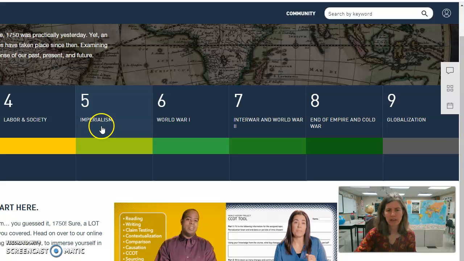This Friday you're going to be writing about imperialism. Next Friday you're going to be writing about World War I. The third week you're going to be writing about the period between World War I and World War II. Week 4 you're going to be writing about the Cold War. And then week 5 you're going to be writing about globalization. So these are the 5 essays you're going to write. I've left week 6 blank to give you some breathing room, because I know we all need breathing room.